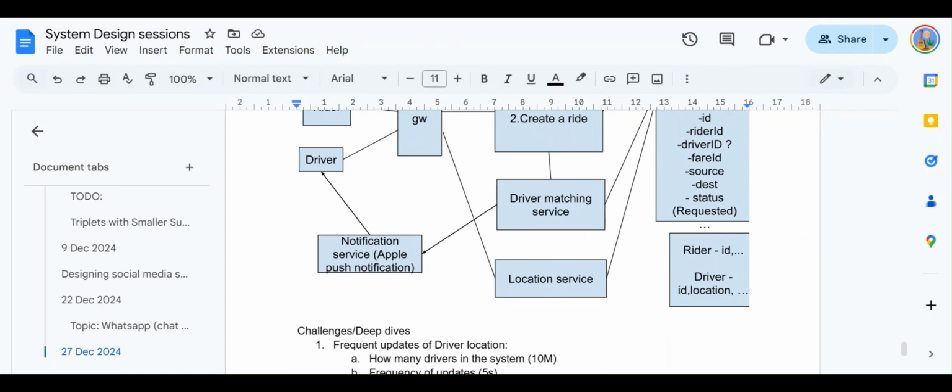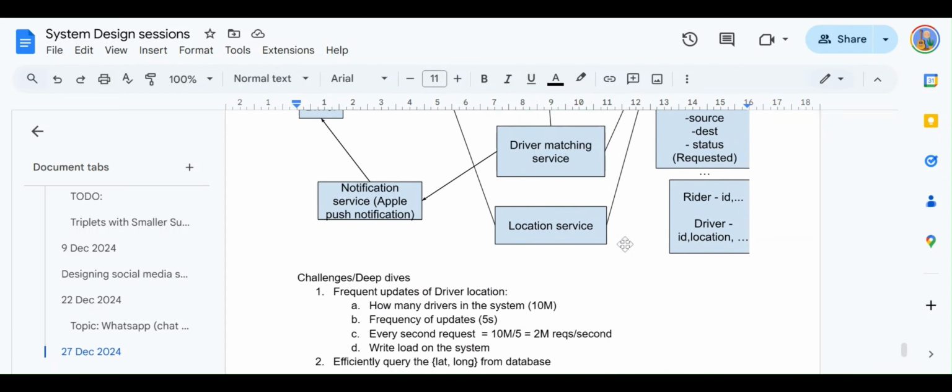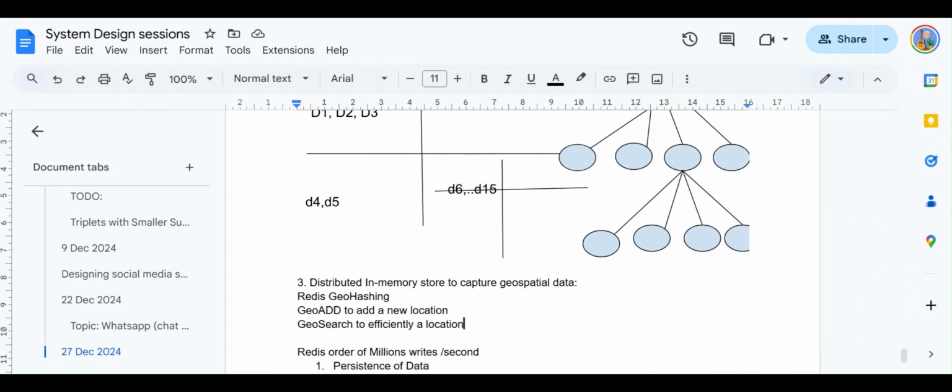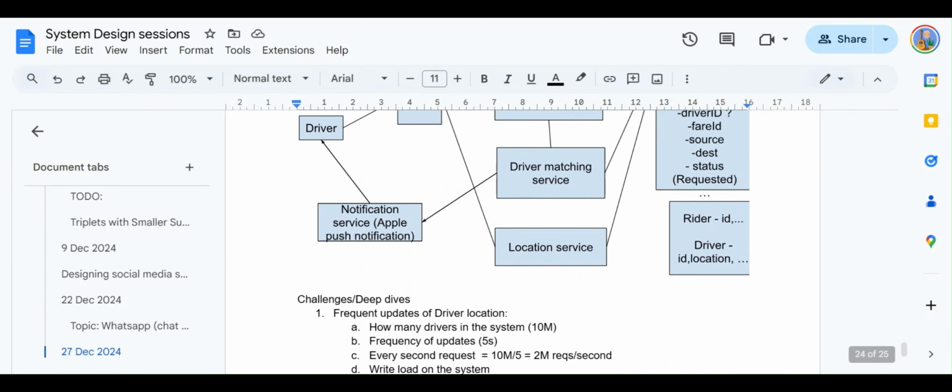If you have seen the search and ranking models, this could be using a search and ranking model. It will first search inside the database, which is our Redis cluster, and then it will rank those drivers, like which driver is the first to be sent the request to.